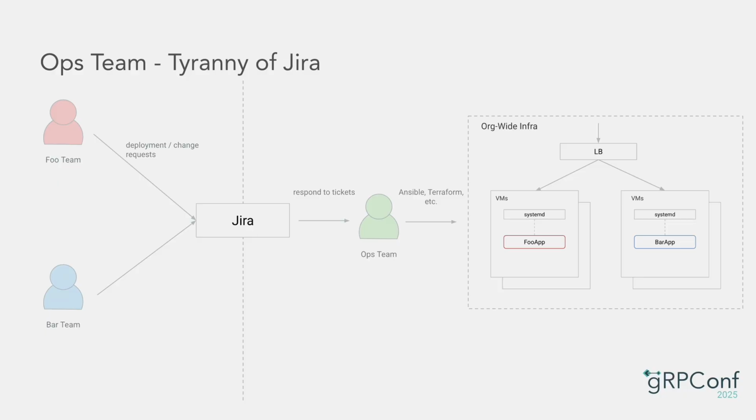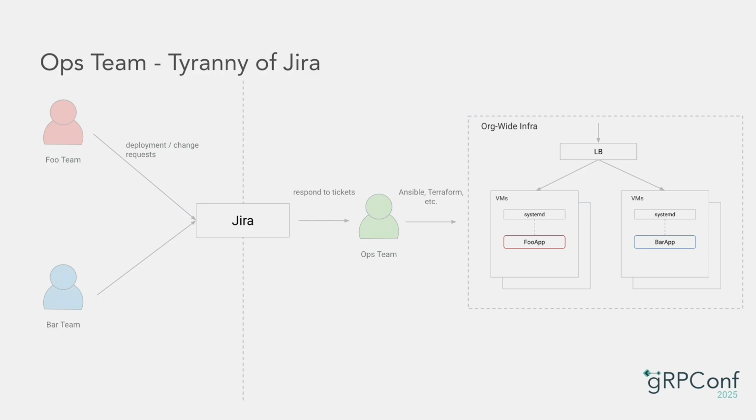Very often, that handoff is Jira. So how does a dev team release a new version of their software in this model? They create a Jira ticket with the ops team. What do they do when that deployment didn't work? Jira comment. In other words, all according to design, the dev teams don't touch the infra, and the ops teams don't touch the code. The bureaucracy here gets super painful.